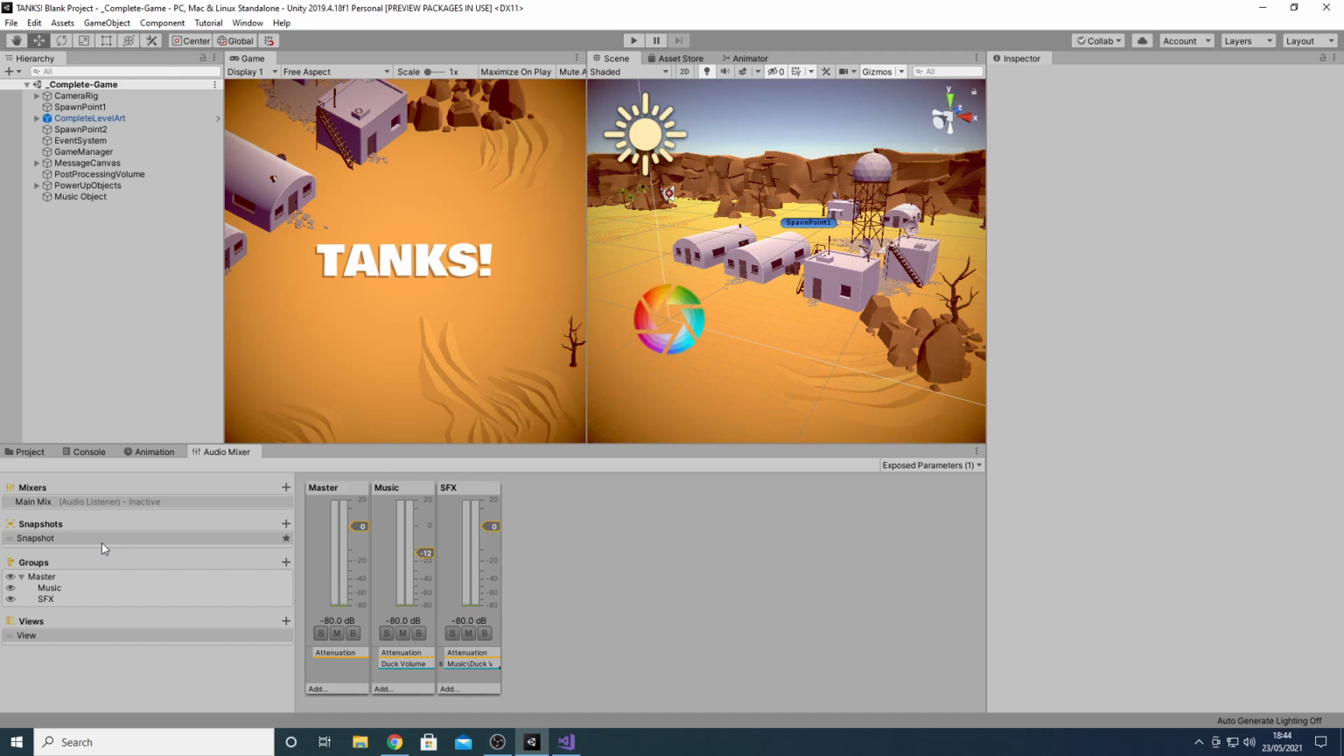This is created whenever we create a new audio mixer, and it's essentially holding all of the values used in our mixer. Now, we want to create a second snapshot to activate when our tanks are low on health, but before we do that, it's important to make sure that we keep our snapshots organized by giving them names that clearly tell us their purpose. A snapshot called Snapshot isn't really helpful to us, so we'll start by renaming it. Right-click on the snapshot, select Rename, and call it Tanks Full